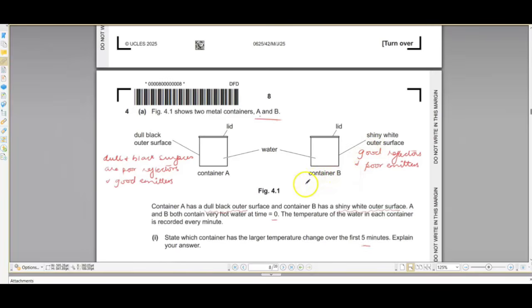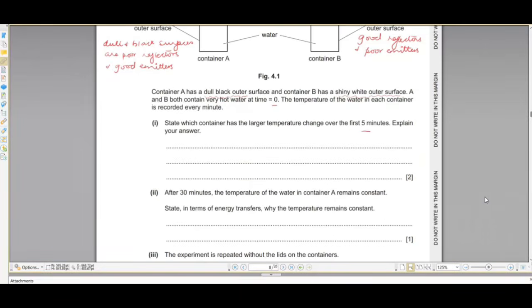Okay, so what are we going to write over here? Let's see how many marks there are for this question. Okay, it's a 2 marks question. So what we are going to write is that